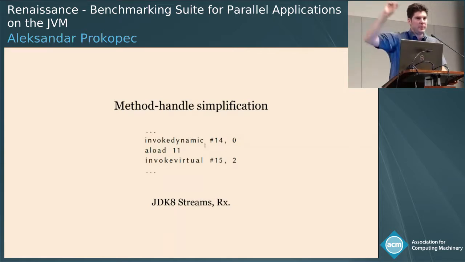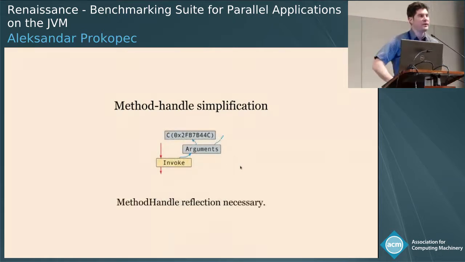And when it executes, the lambda will be created. It'll be wrapped into an object called a method handle, and then the method handle will be allocated somewhere on the heap, and then a constant pointer to this newly allocated method handle will replace this invokedynamic instruction in the code, and only afterwards can you do this invokevirtual call to actually call the method handle. And the way this looks in the compiler, essentially you have some control flow, then you reach the invocation, and the invocation as a first argument takes the this pointer of this method handle.